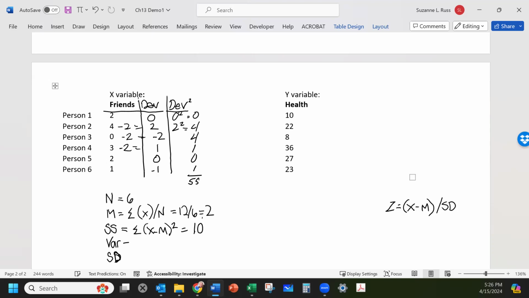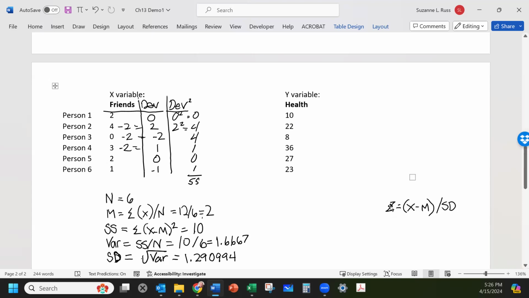We know that our variance using the standard formula is just sum of squares divided by n, equals 10 divided by 6, which equals 1.6667. And our standard deviation is the square root of our variance, which equals 1.290994. Let's stop there for the moment, and we're going to find our z-scores after we do the basic calculations for